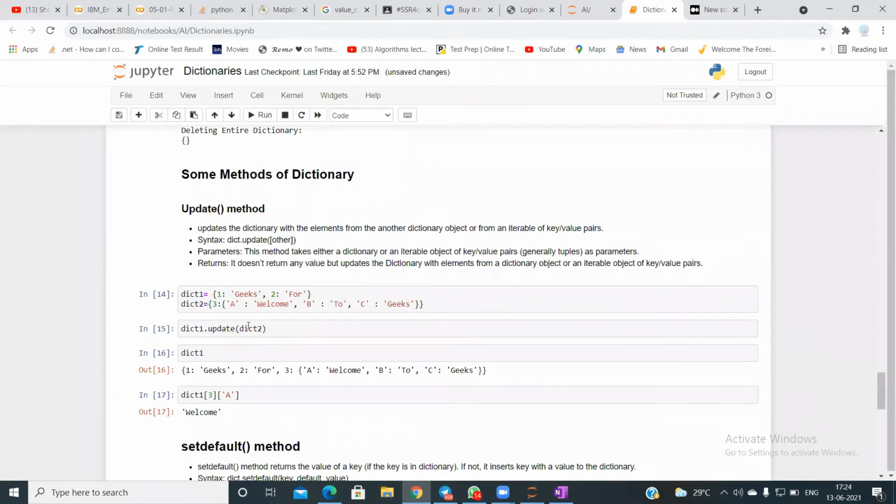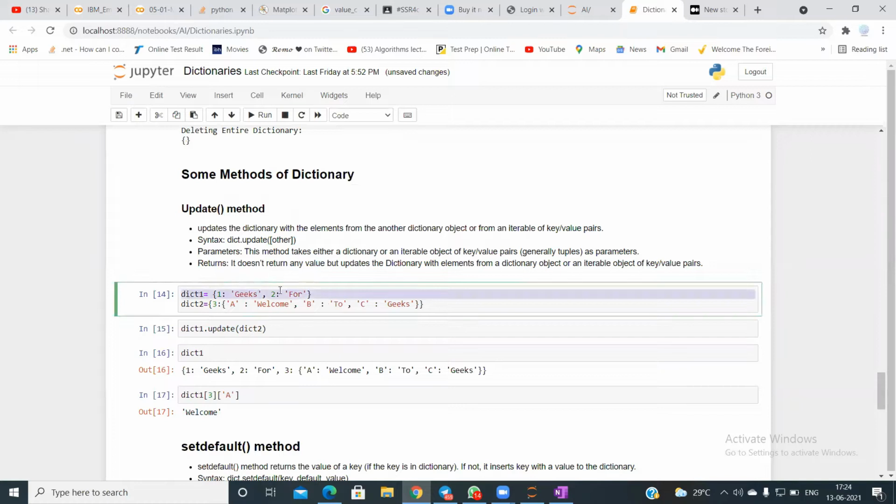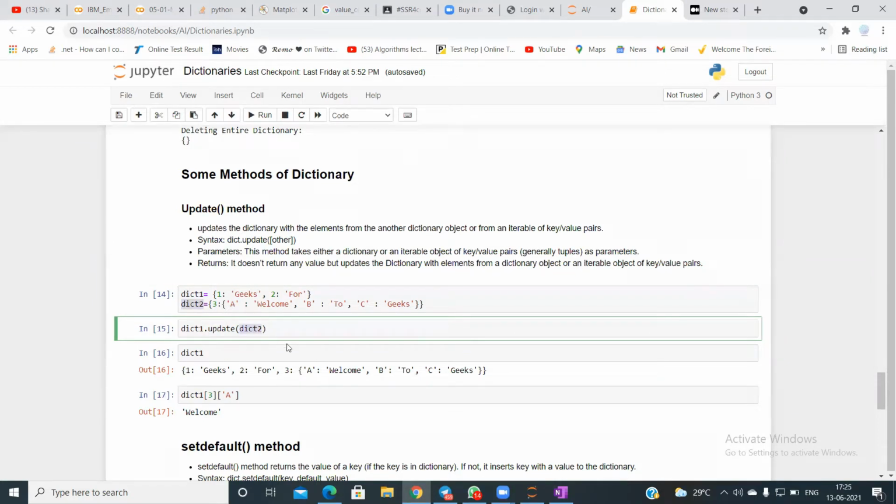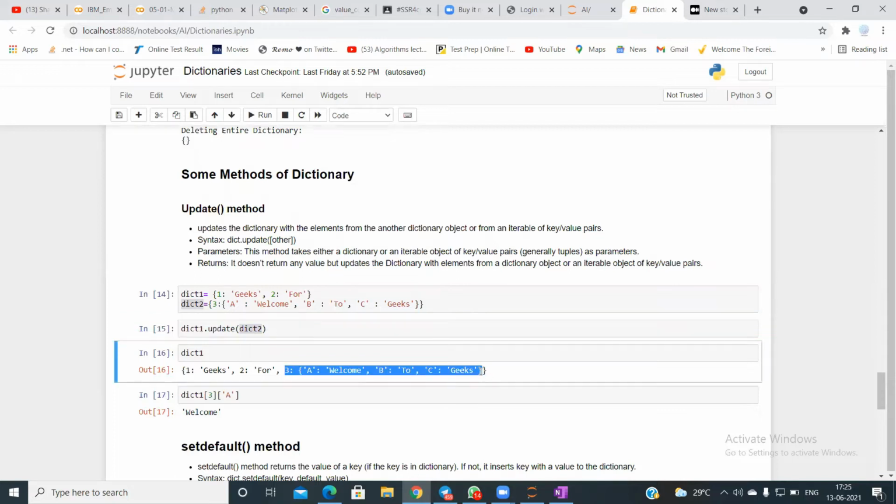Suppose I have a dictionary like this, and I have another dictionary, dict 2. Now I want to update dict 1 with dict 2. So I simply pass dict 2 into the update function, and you can see here that it has updated my dictionary.